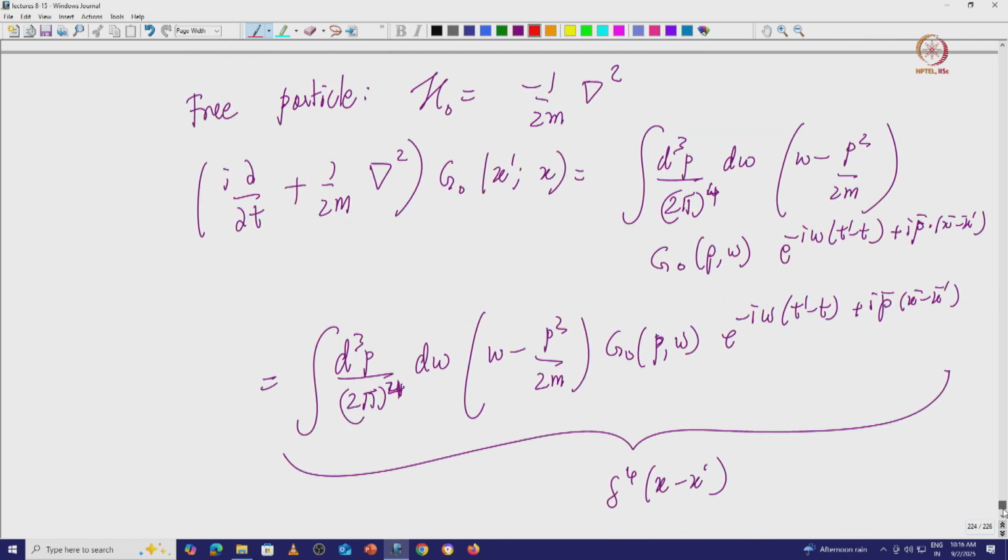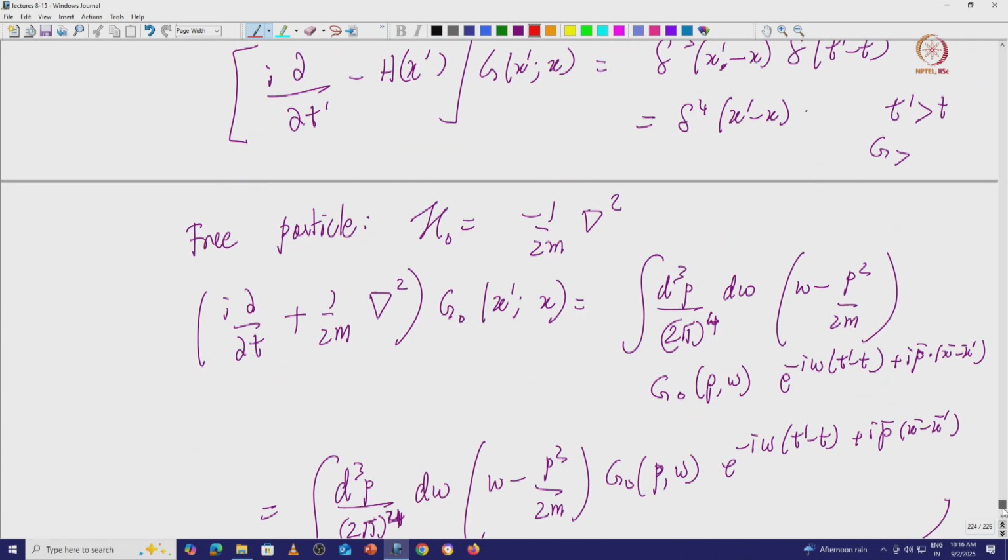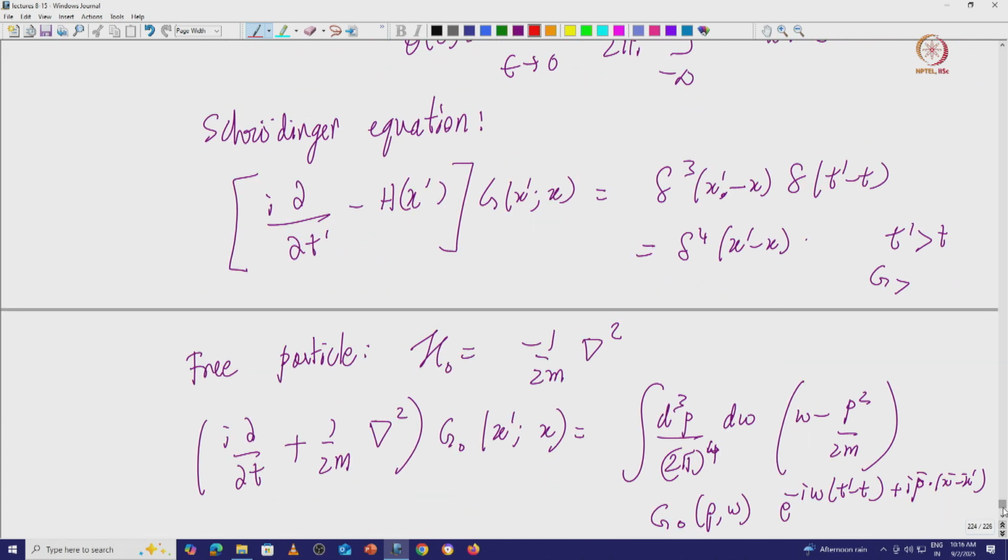We start with a delta function source, write the Schrodinger equation with it, and the solution is nothing but the Green's function. Now we can express this entire expression in terms of momentum representation. In the momentum space it becomes like this,